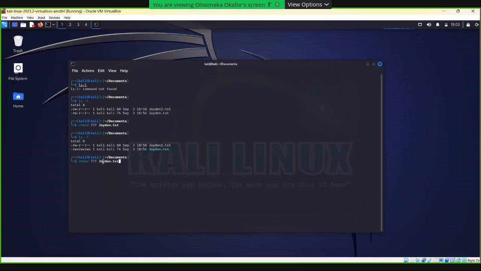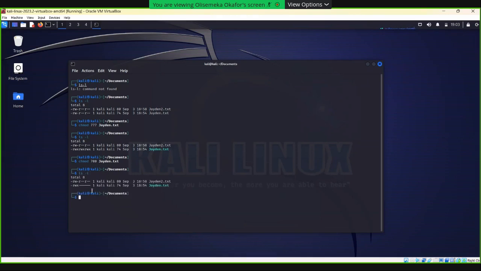So we're going to do the same thing, but this time set it to 700. I'm going to explain what the numbers mean better in a few minutes, but right now we're going to work with it. So chmod 700 Jayden.txt. Now let's see ls -l.